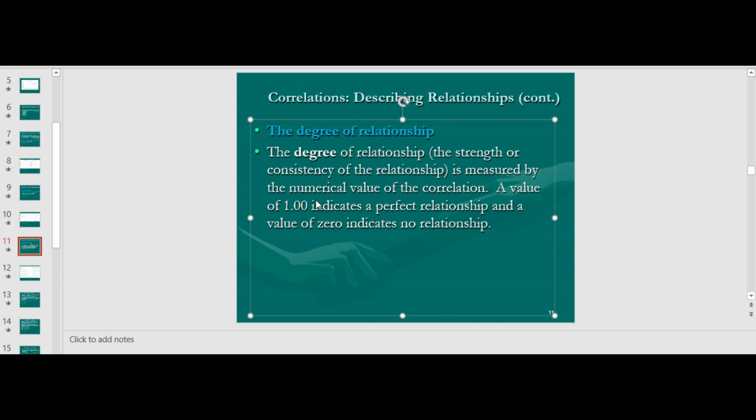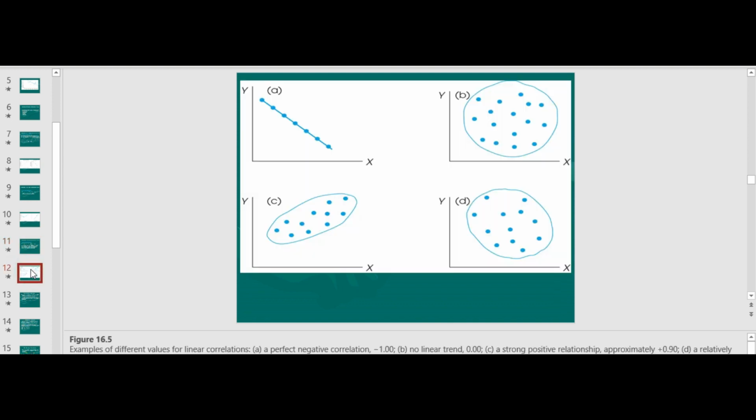At the other extreme, a correlation of 0 indicates no consistency at all. For a correlation of 0, the data points are scattered randomly with no clear trend of a straight line. As in these two situations,